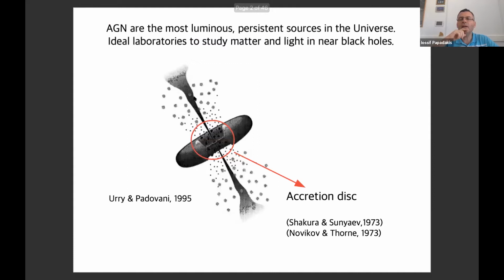And I will start with the usual cartoon of how we think an active galactic nucleus may look like. This is the original one. Okay, this is not with the colors, but that's how it was published by Urry and Padovani. And AGN are fascinating objects. They are the most luminous persistent sources in the universe, and they're extremely variable on all time scales, all wavelengths, and they are ideal laboratories to study conditions near supermassive black holes, physical conditions, how matter works, how light is